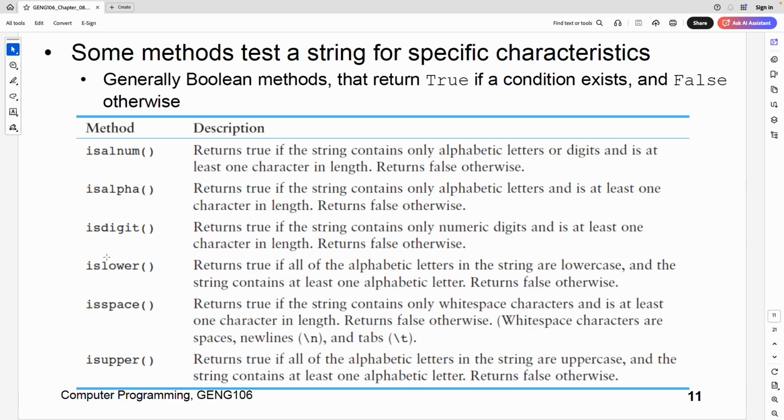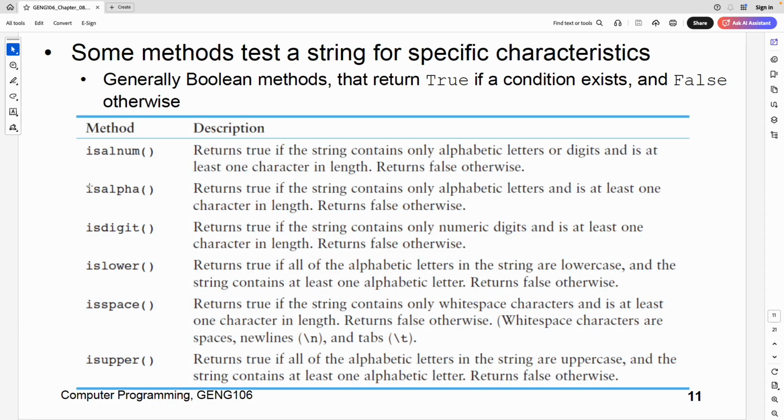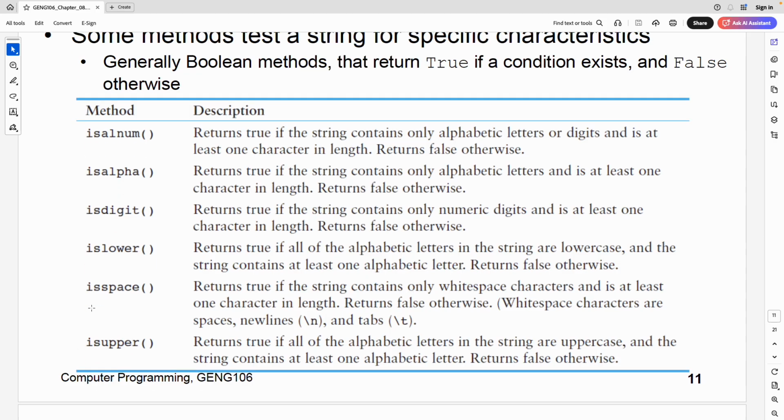If we say isalnum, it checks whether all the characters in that string are letters or numbers. isalpha means, are all the characters in that string letters or not? isdigit, are they all numbers or not? islower, are they all lowercase letters or not? isspace means, are all the characters spaces,